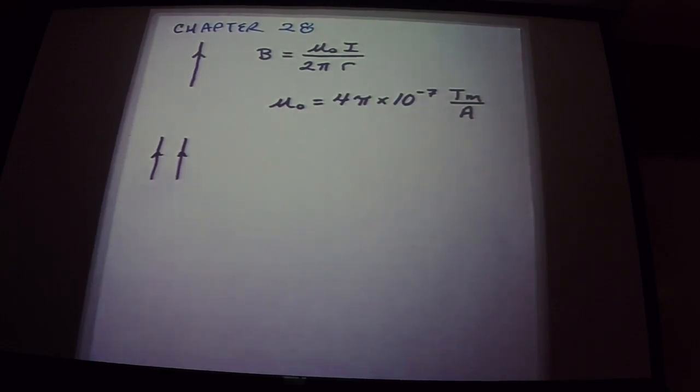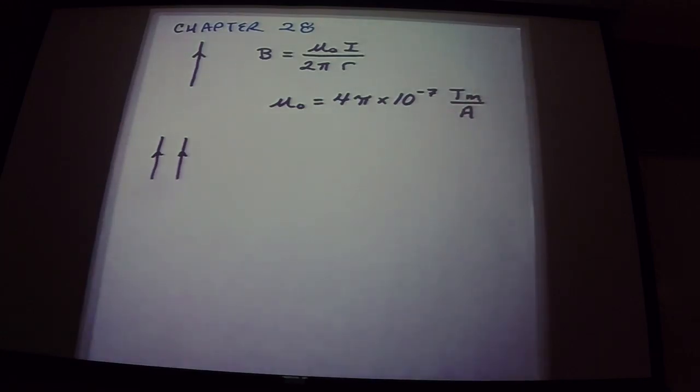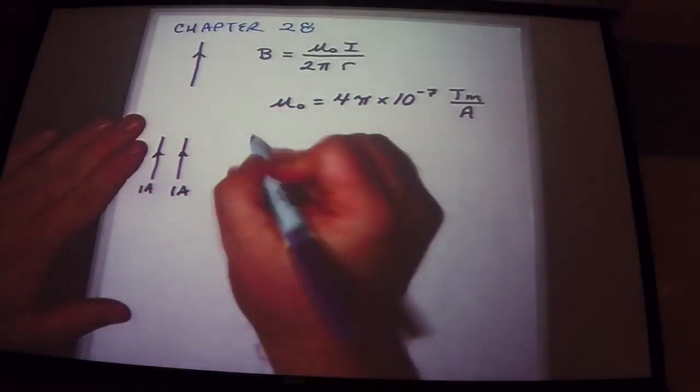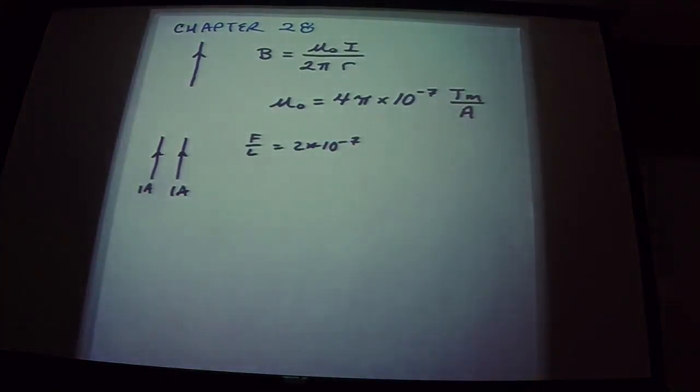The coulomb then is defined as 1 ampere multiplied by 1 second, how much charge passes from an ampere flowing in a second. And that's why the coulomb ended up being so weird in terms of the electron charge, because we defined it in terms of the current, the ampere. In other words, we defined the ampere first and then everything else followed. So just understand that's why it's all weird. When 1 ampere flows, the force per unit length is 2 times 10 to the negative 7. Strange, but